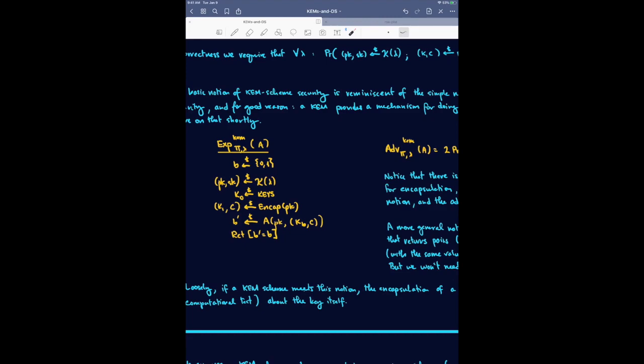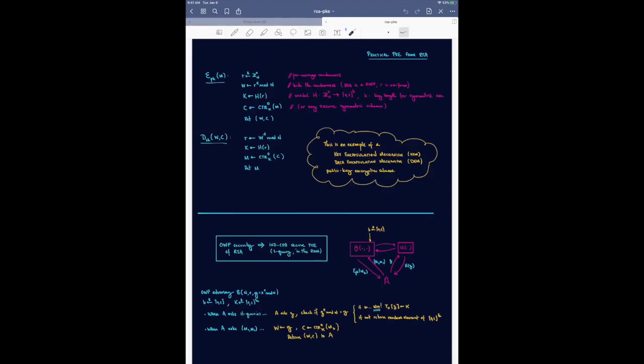So I can actually take the key K1. If you can't distinguish K1 from K0 given access to C, then when the actual encapsulation is run, and I'm using K1 for something, the adversary is going to see this on the wire. If you think back to this RSA KEM that we had, the adversary is going to see, of course I've changed the names here, unfortunately, so this is the C on the other slides. The adversary is going to see this, right? This is on the wire, and we've used the key K that is associated to this